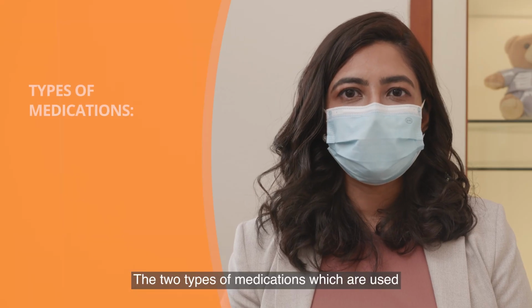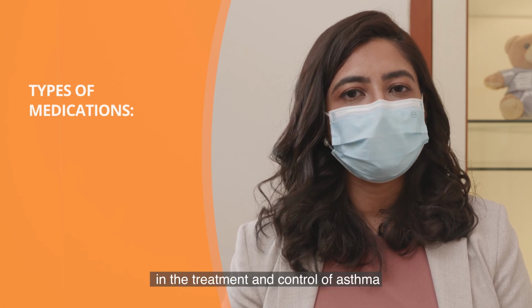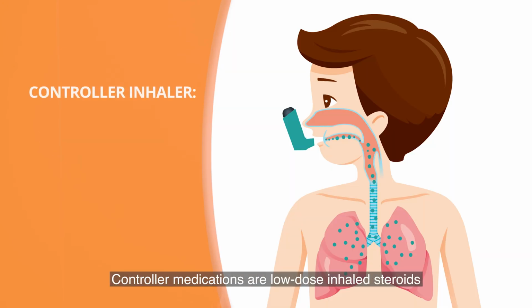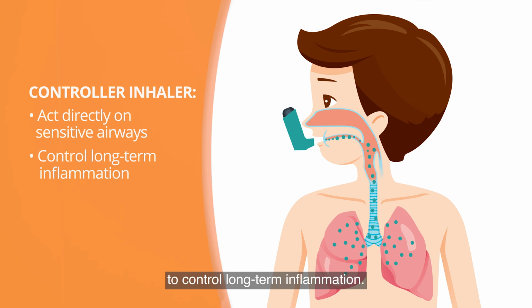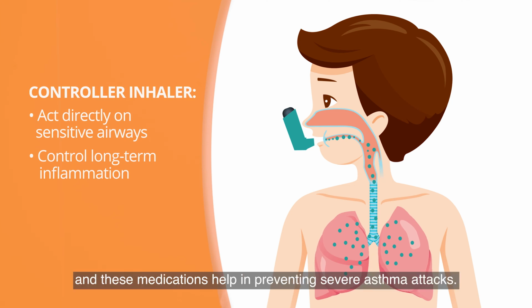The two types of medications which are used in the treatment and control of asthma are your controllers and relievers. Controller medications are low-dose inhaled steroids, which act directly on the sensitive airways in asthma to control long-term inflammation. The dose of the medications is adjusted once the asthma is under control, and these medications help in preventing severe